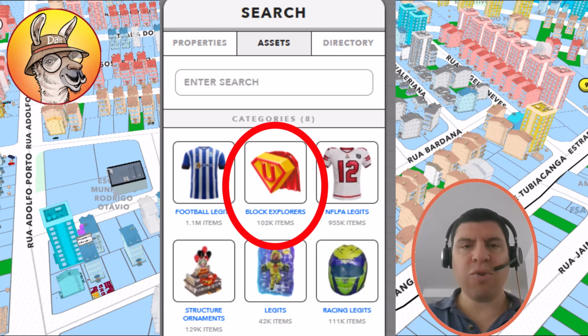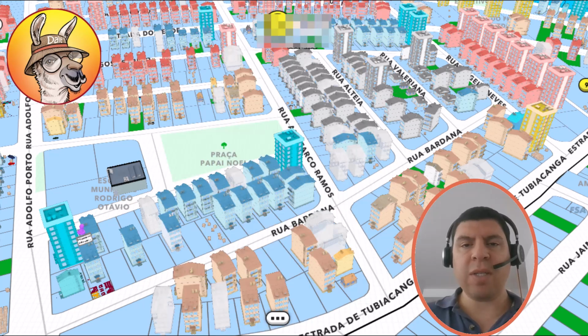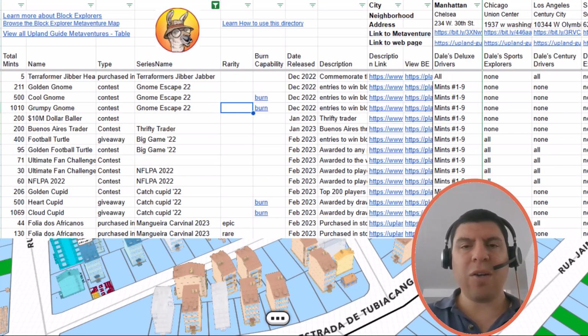There are 102,000 unique block explorers currently within Upland, with currently just under 700 different ones, and I'm excluding all of the one-of-one director block explorers. Now, how do I know this number? I've been keeping an entire directory of all of these different block explorers that have been released within Upland. Here you can see the total mints, the date released, the circumstances around which it was introduced into Upland, whether it was purchased, earned, a